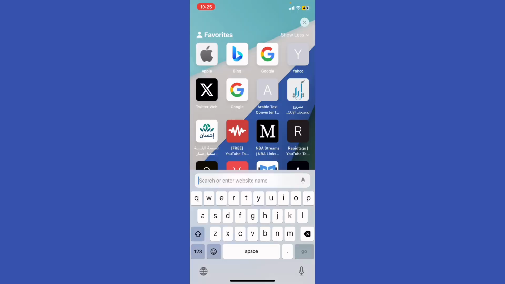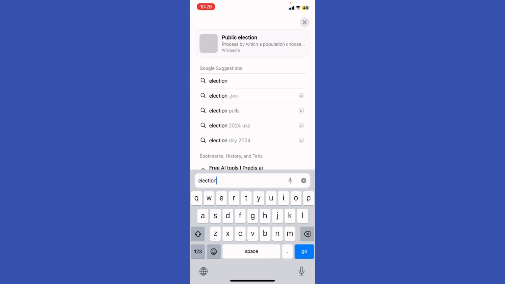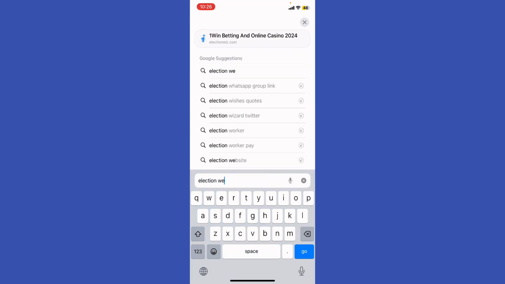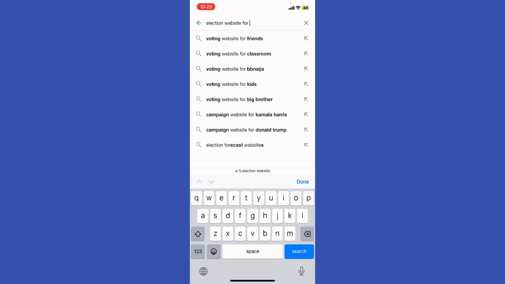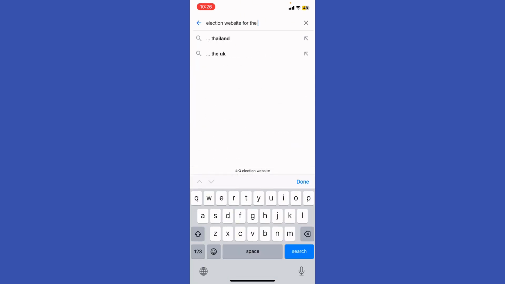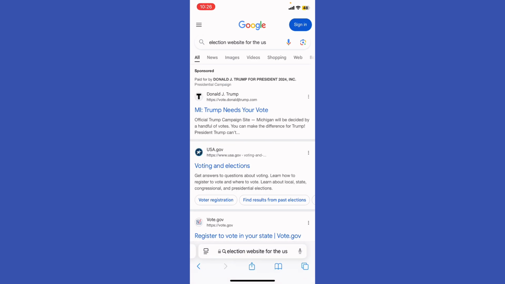We're gonna type right here. I remember the website, election website, right? And check your state's official election website or office or legislative website for updates for the U.S. For updates on redistricting plans,